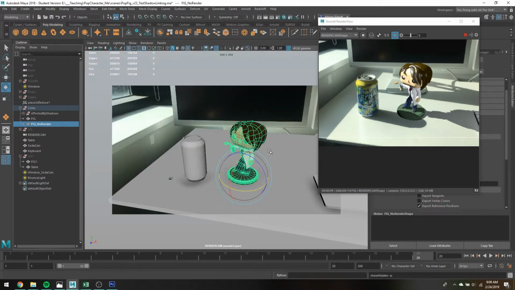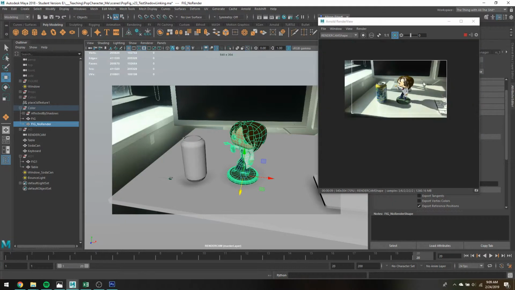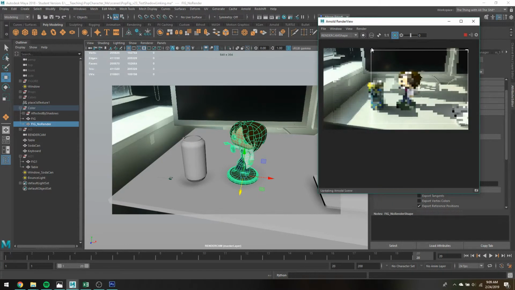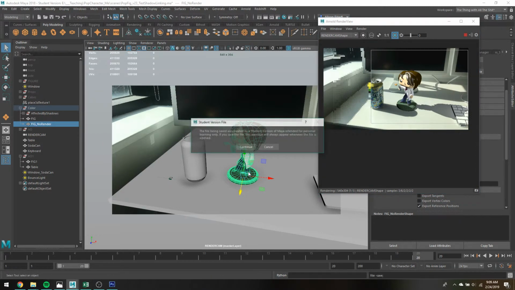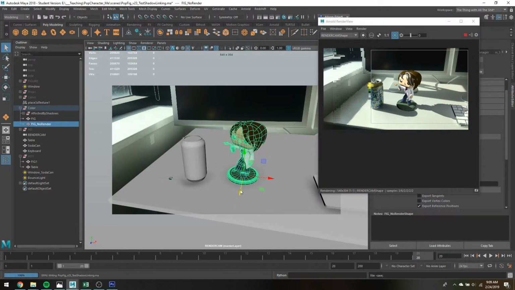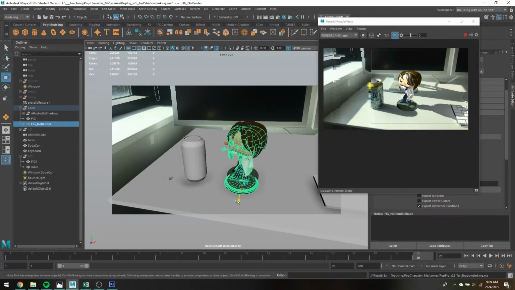So the benefit of setting it up like this compared to what I did before is I effectively only need to render one image. I don't need to render two images and then awkwardly try to comp them together. And by doing this, it becomes really easy, if I wanted to save this real quick, if I did want to move this figure around in my scene, I would need to grab